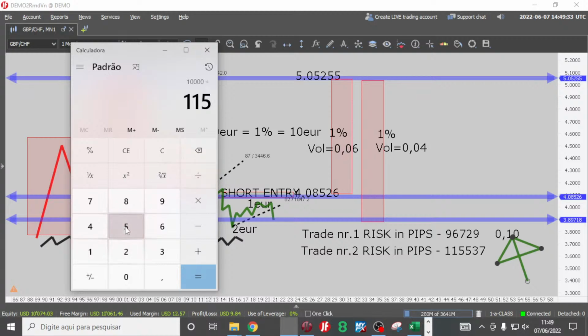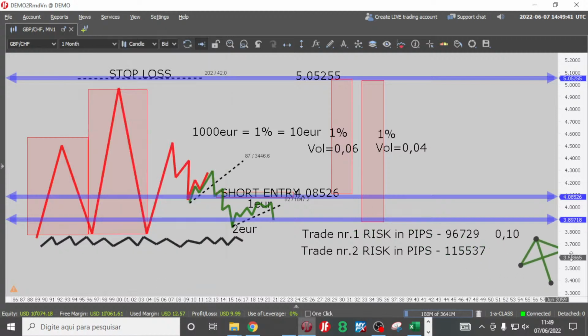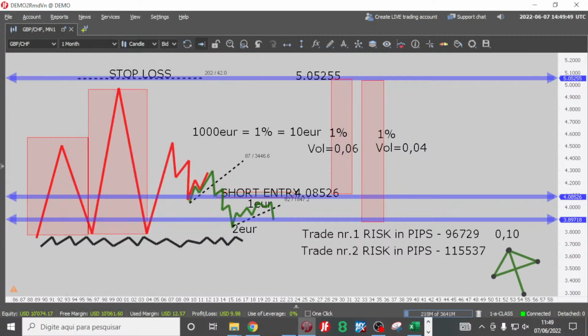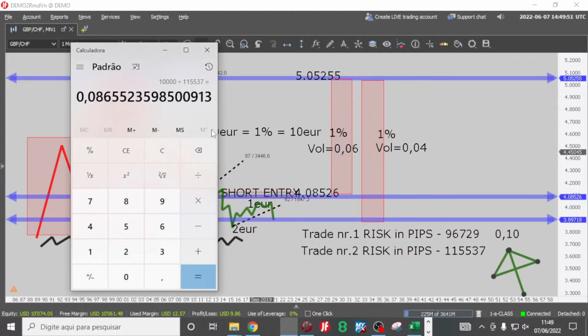So you're dividing the money that you're risking by the pips that you're risking. And everybody, tell me, is the second trade going to have the same lots, the same volume,